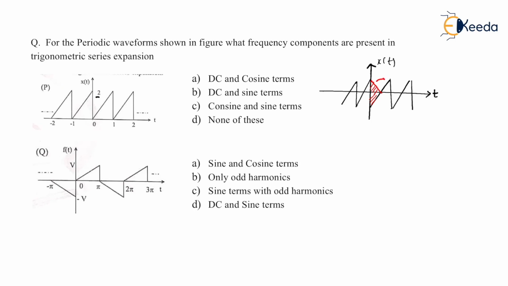Now, even if you try to shift right or shift left, it will not fit on it. Am I right? Since it is not in a position to fit itself exactly the same way it is, definitely it is not a half wave symmetric signal. So one thing is clear, that this is not having the half wave symmetry feature. So it was this kind of signal, and I have restored it. So this is plus 1, this is minus 1. So for sure it is not having the half wave symmetry feature.